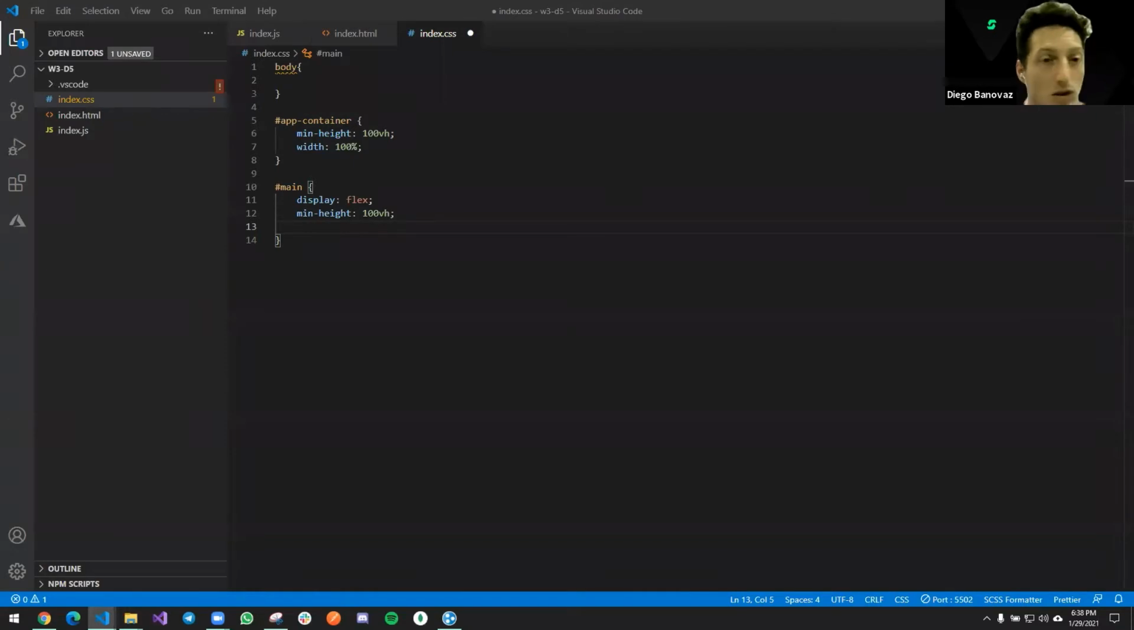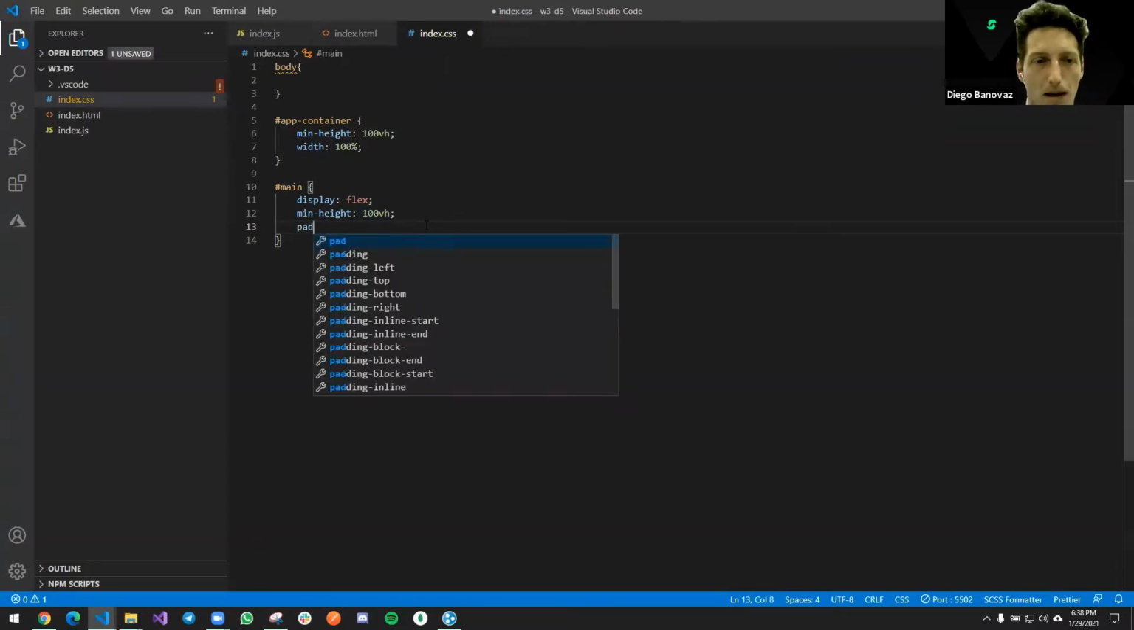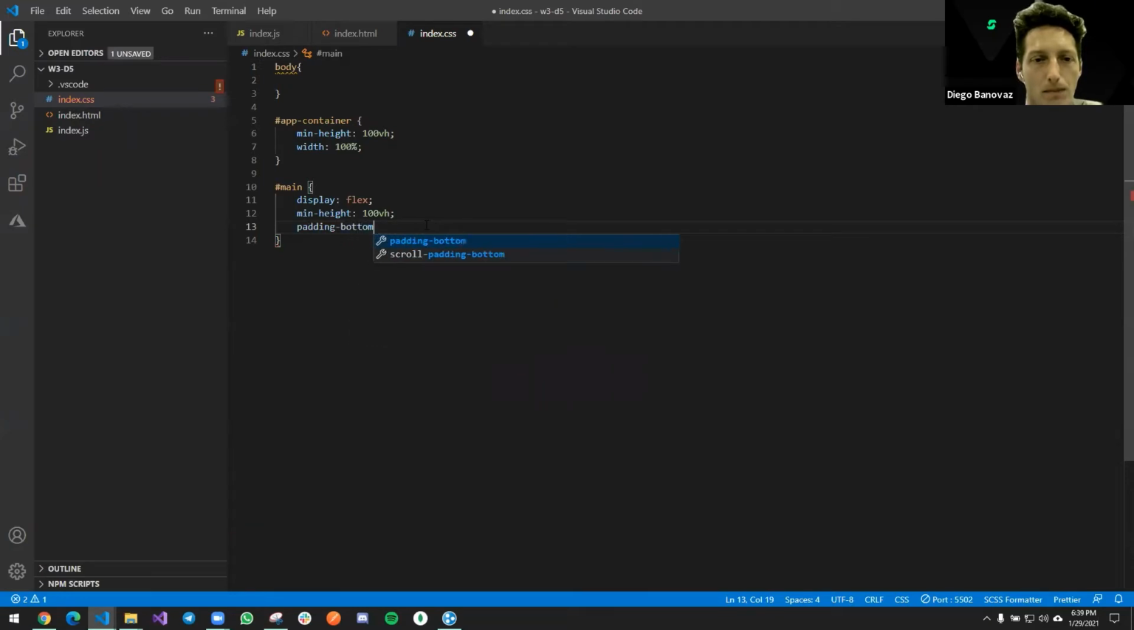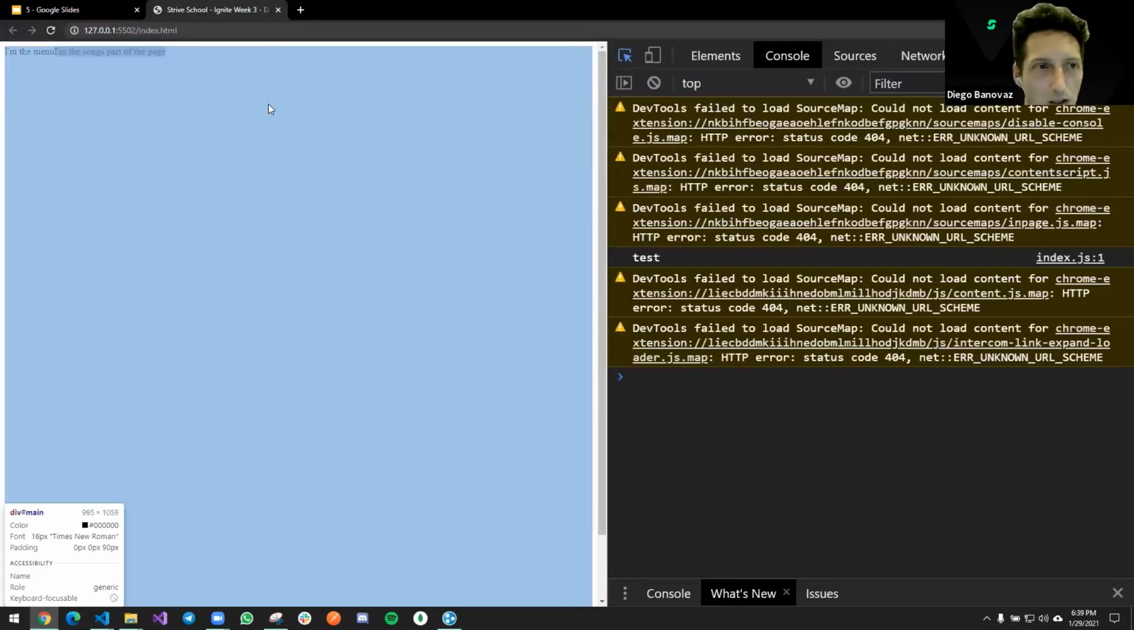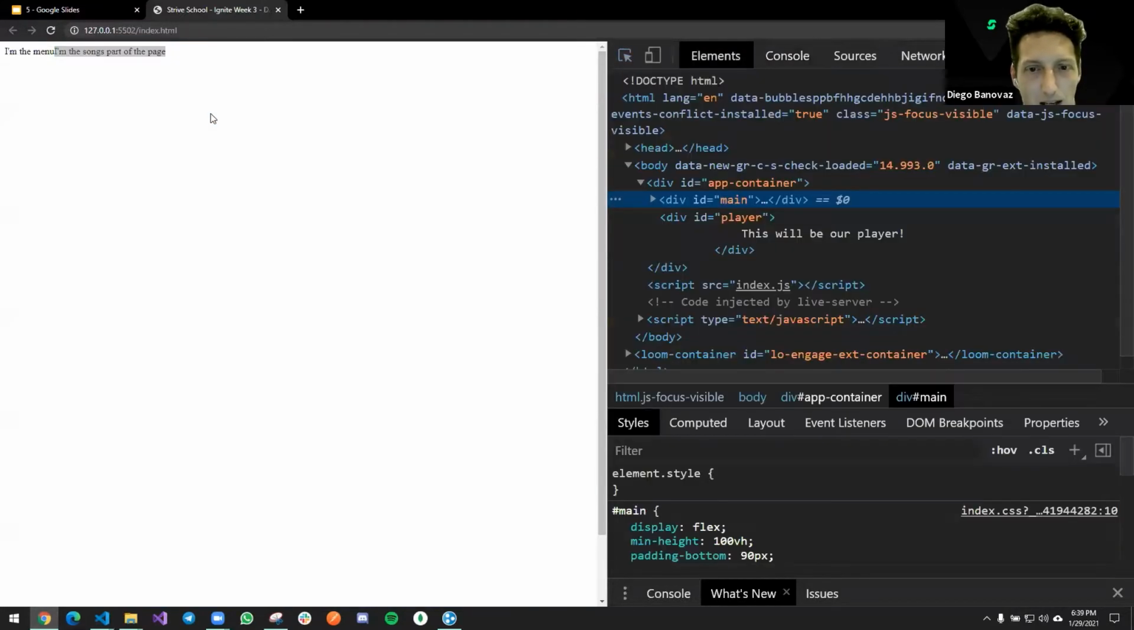So since we want to reserve some space on the bottom of our application for the player, let's just reserve this space. How? By setting the padding-bottom to 90 pixels. So let's see how it looks now. As you can see, this part is taking the whole bunch of space, and then we have the player here. But the player, as you can see, is out of the screen,